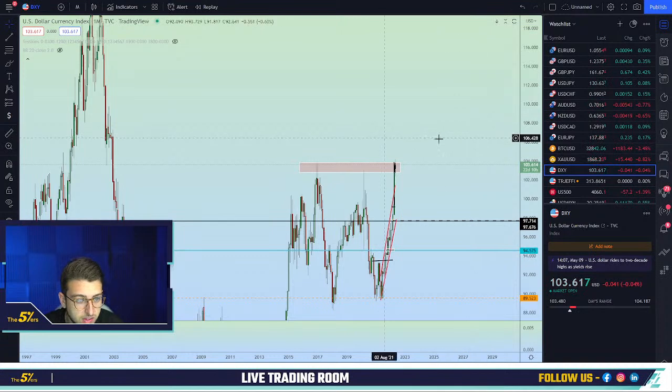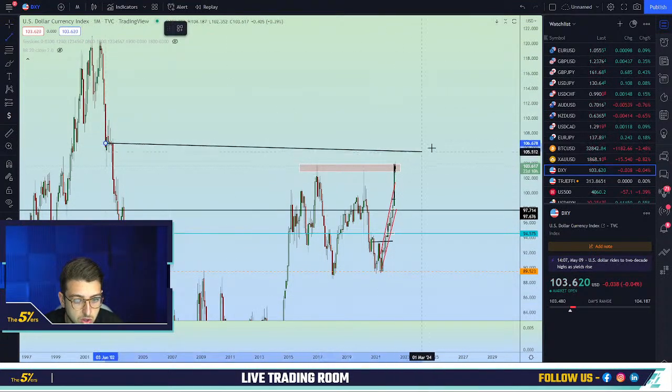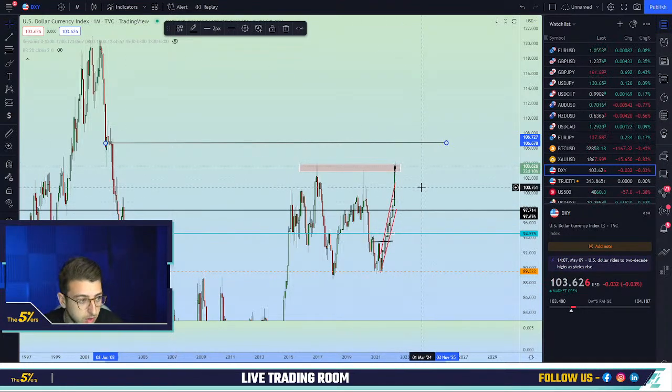Yeah, 106.7. This is the middle supply. If we break above, we will highly reach that zone. Again, there is still some space here to make a shorter movement. Hence, I will be talking about indices just after. For me, the main important thing here was to talk about the dollar.